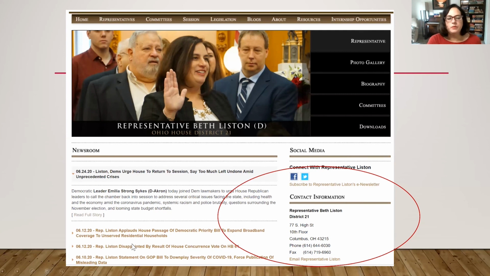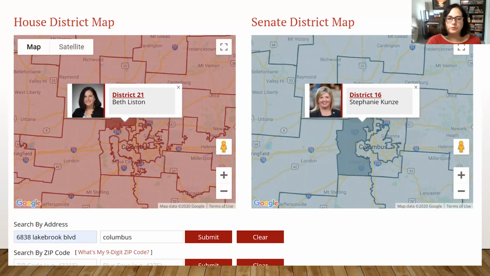And then if you click on that button, you'll get to the representative's page or the senator's page, and they'll give you the contact information. So you can play with it. You can go through, put in different addresses. You can see how the districts are built. They're obviously not all geographically equal because people don't live in a uniform distribution. So some districts have many counties, and some are just a sliver of a county because it has a high population density.